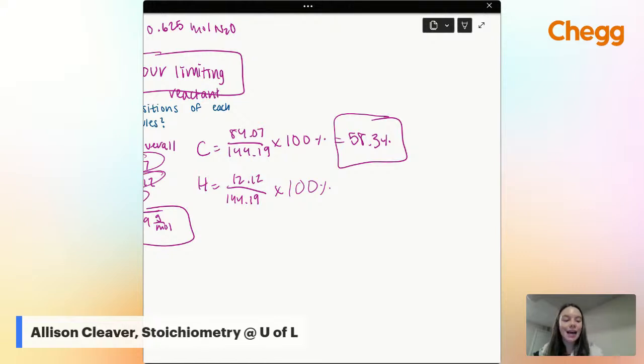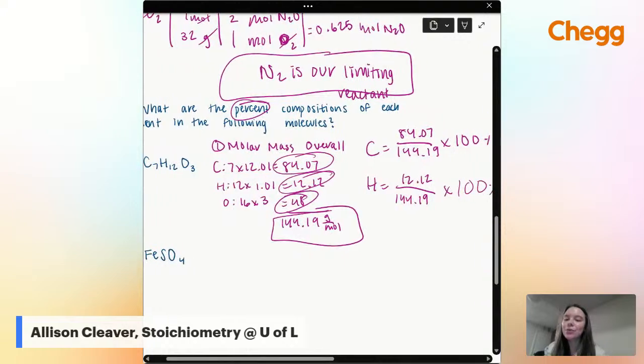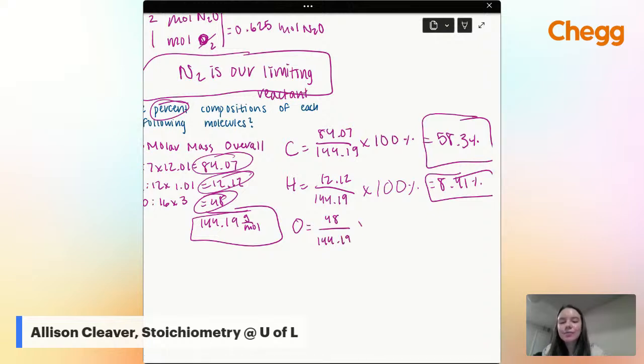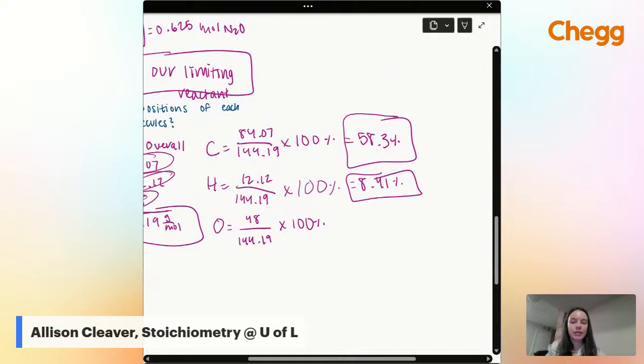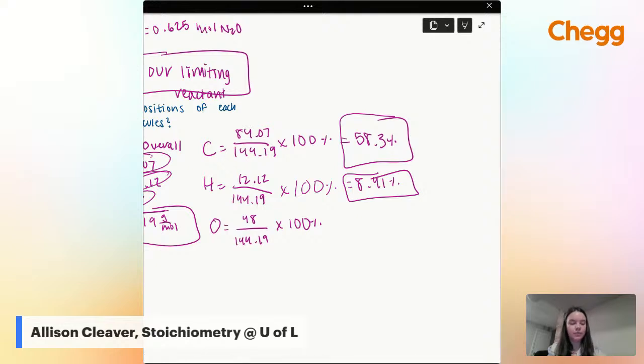If you said 8.41, you are absolutely correct. Great job, guys. Let's see if y'all can do this last one. Oxygen, mass of the elements over overall mass times 100%. Put that in the calculator. Should have got